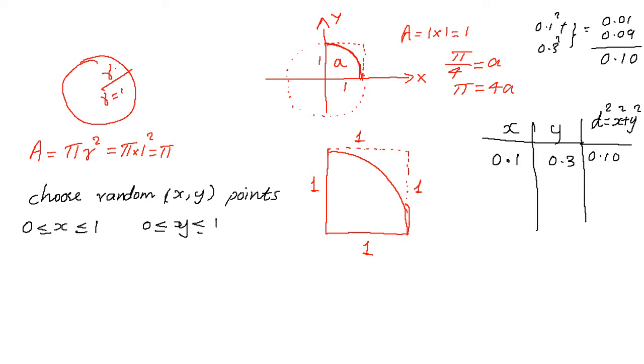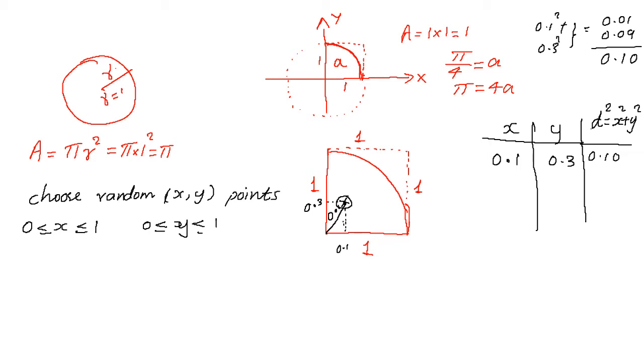That means I considered a point somewhere here, which is 0.1 and 0.3. Now I have calculated the square of the distance from the origin and I found that it is 0.1. Okay, so this point